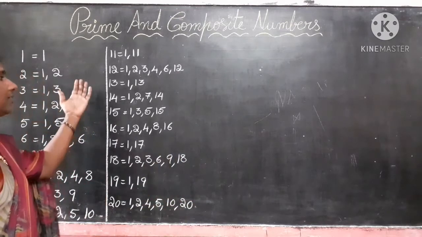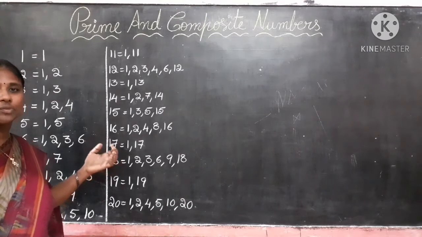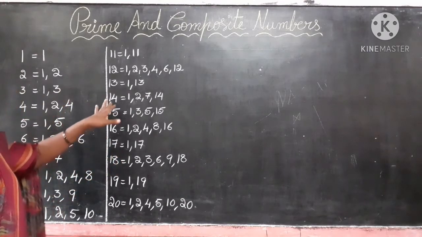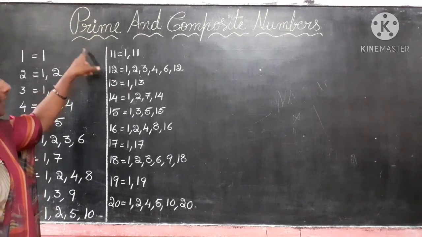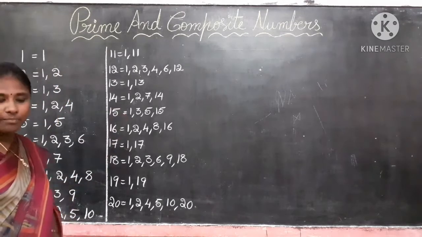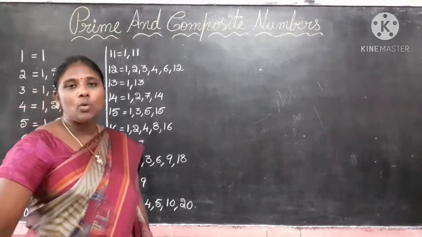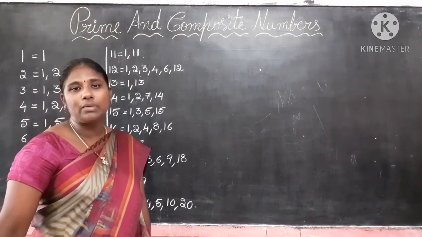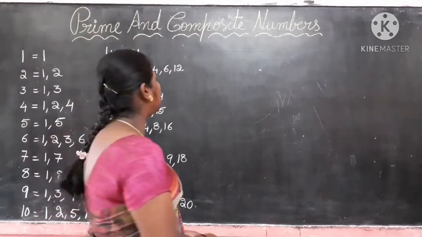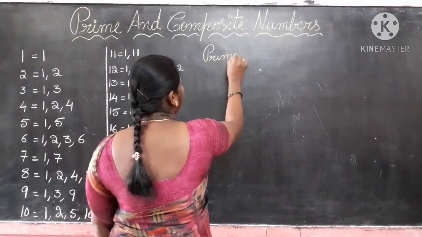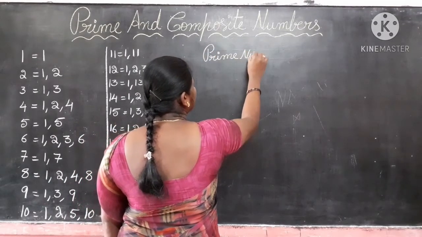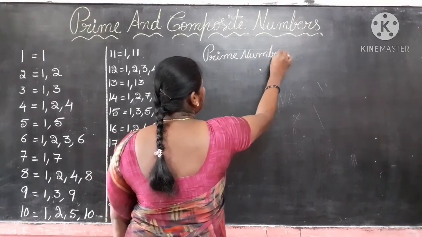Yes, these are the factors for 1 to 20 numbers now. If you observe these factors, now we are learning prime numbers and composite numbers. In this, what are prime numbers? What are prime numbers? Tell me. A number having